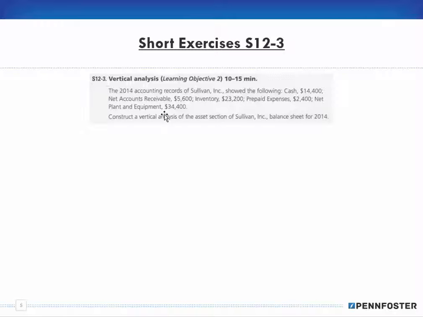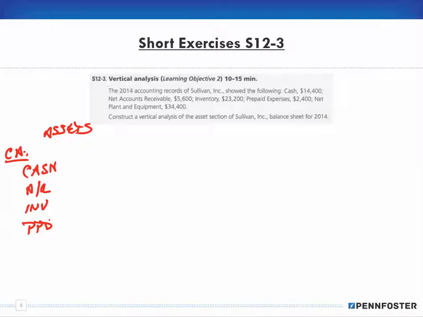Vertical analysis. Okay, so now we're going to do a vertical analysis. So the records of Sullivan show the following: cash is 14.4, receivables 56, inventory, prepaid, net plant and equipment. Construct a vertical analysis of the asset section. All right, so I'm not going to create the full statement here, but we're going to have our assets here. And as far as current assets, I'm going to have my cash, my accounts receivable, inventory, and prepaid